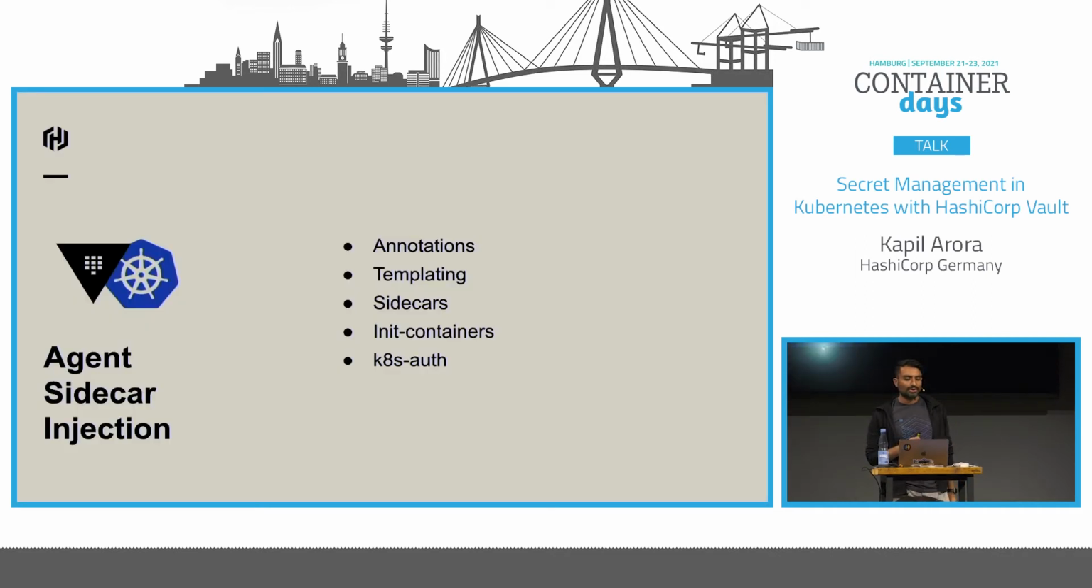All right. So far, so good. Let's talk about the integration with Kubernetes, as to how an application running inside Kubernetes gets access to the secrets. This method, which is called agent sidecar injection, is very good for applications which are not aware